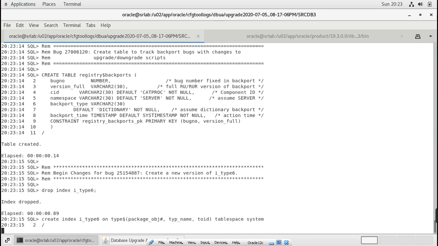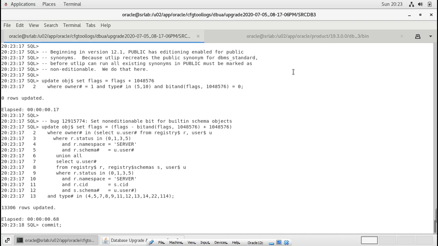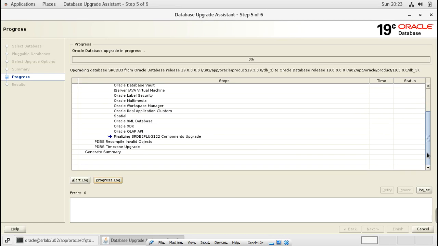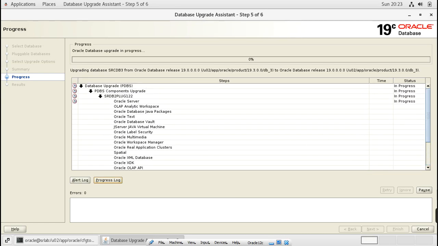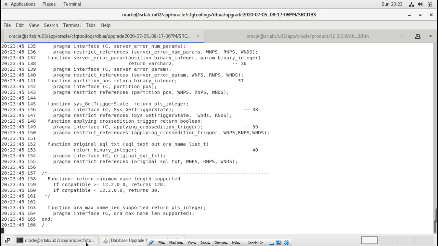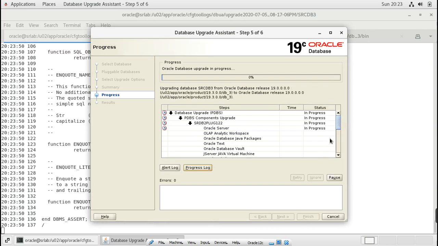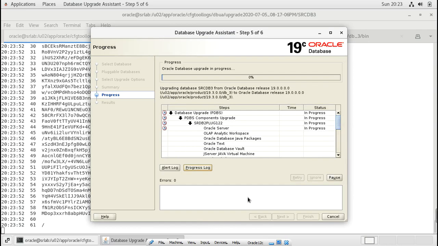Yes, it's running. There are huge components. It will take more time to finish, I guess. So it's running.